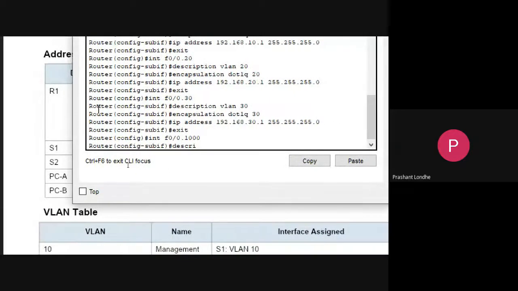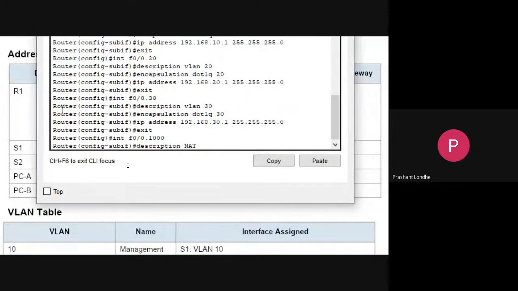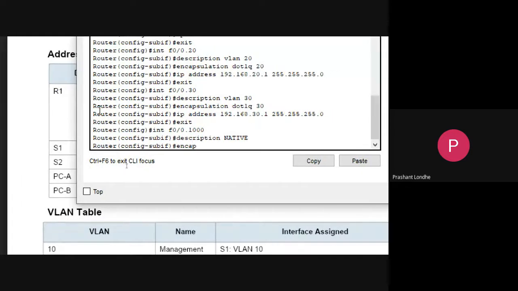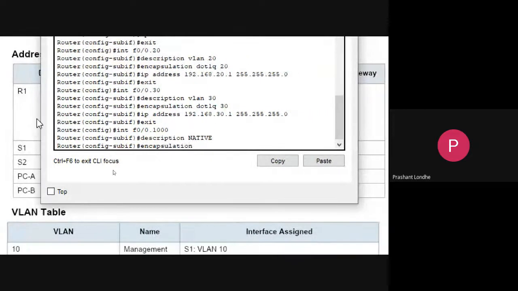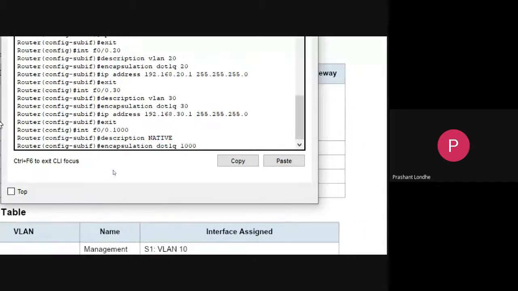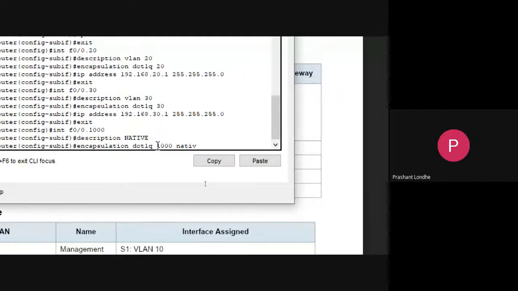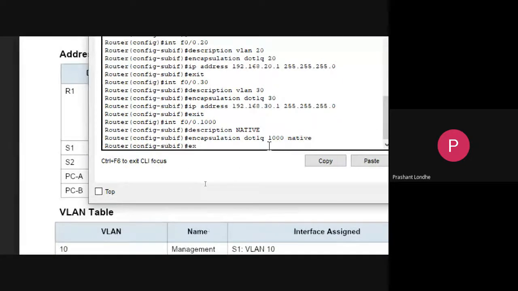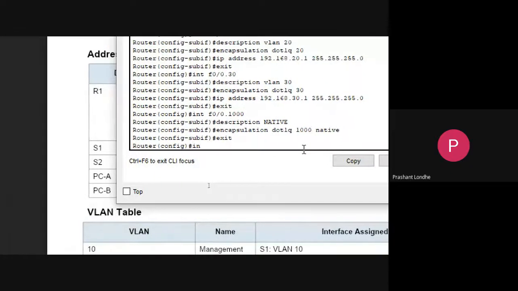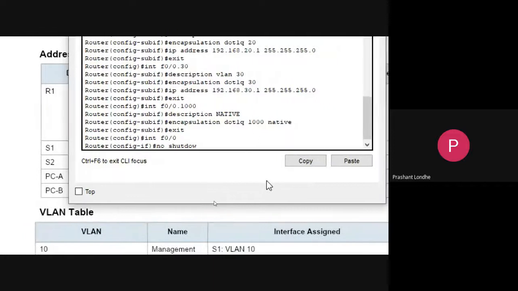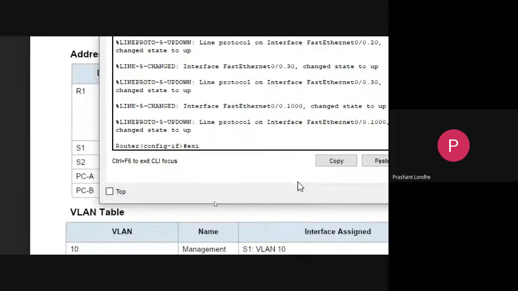Description will be native, and encapsulation dot1q 1000 native. So exit, go to the interface f0/0, enter no shutdown. Exit.